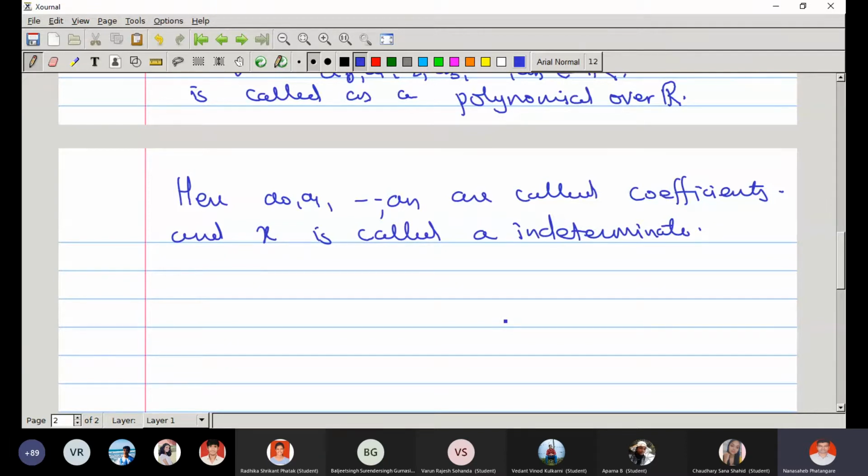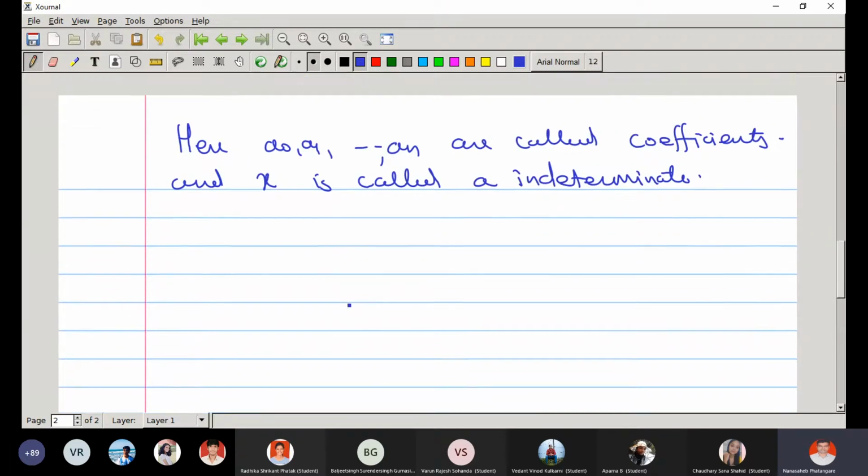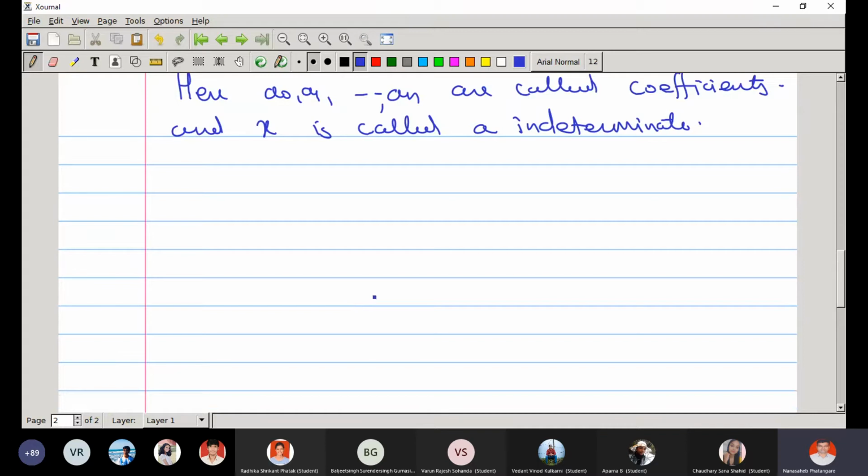So that's why it is called the indeterminate. Indeterminate means x does not have any value as such. When we evaluate a polynomial at some point, then that is a different story. But as far as only the polynomial is concerned, x is just an indeterminate. Right. So for example,